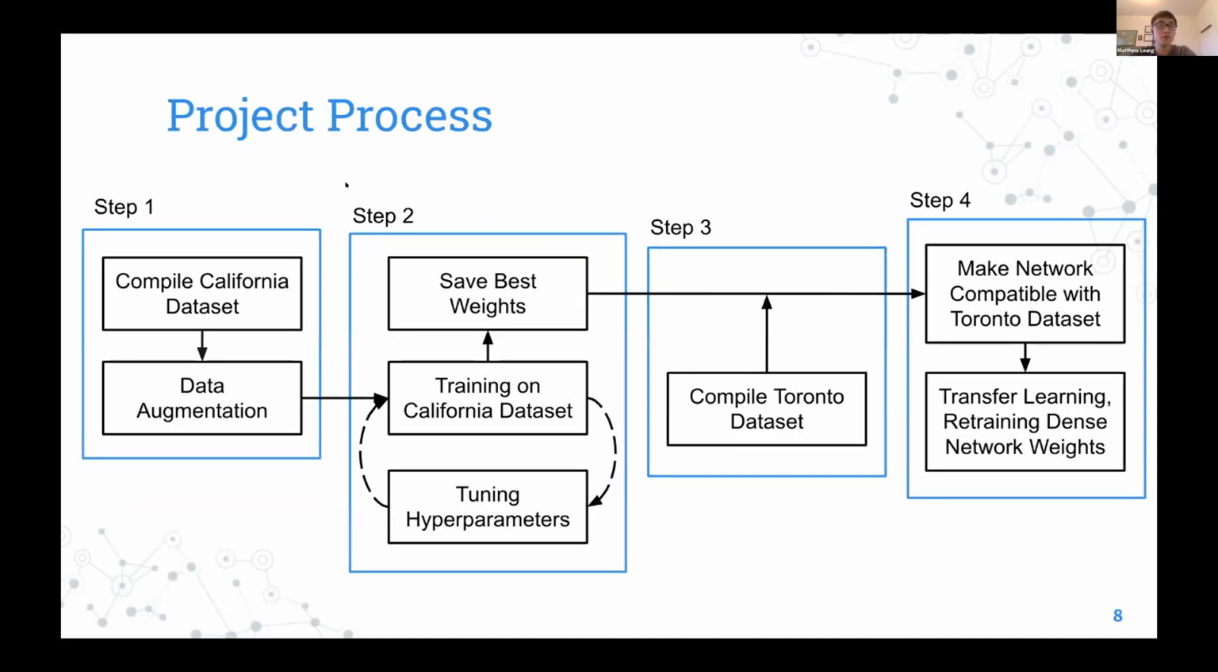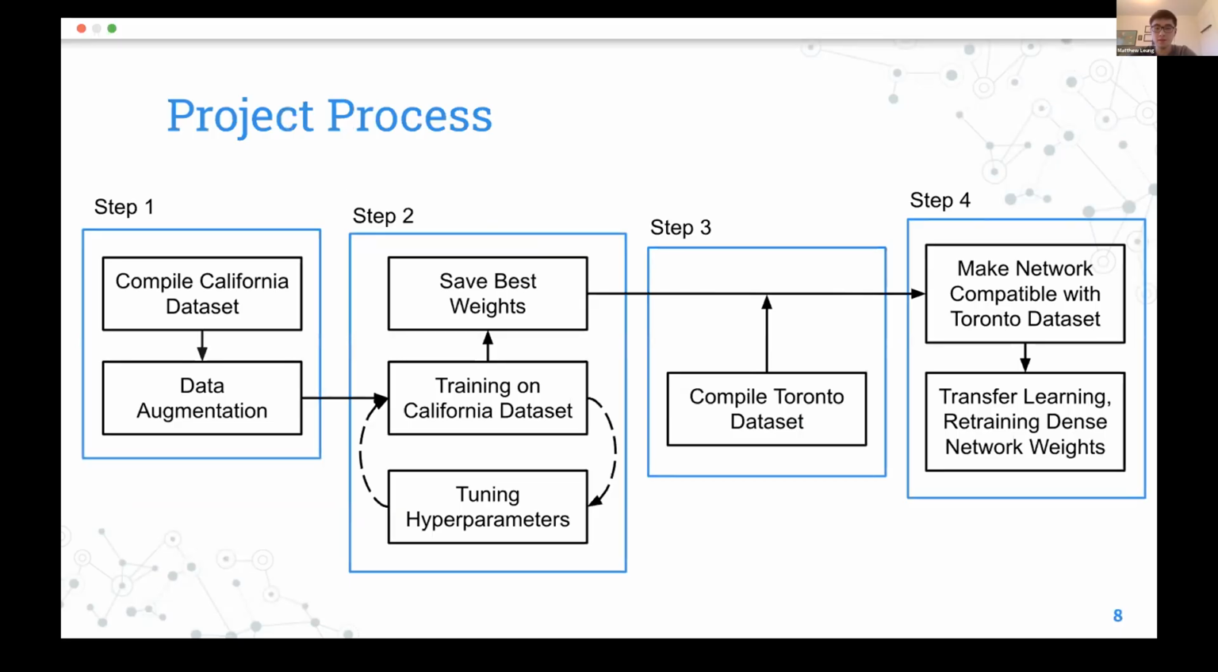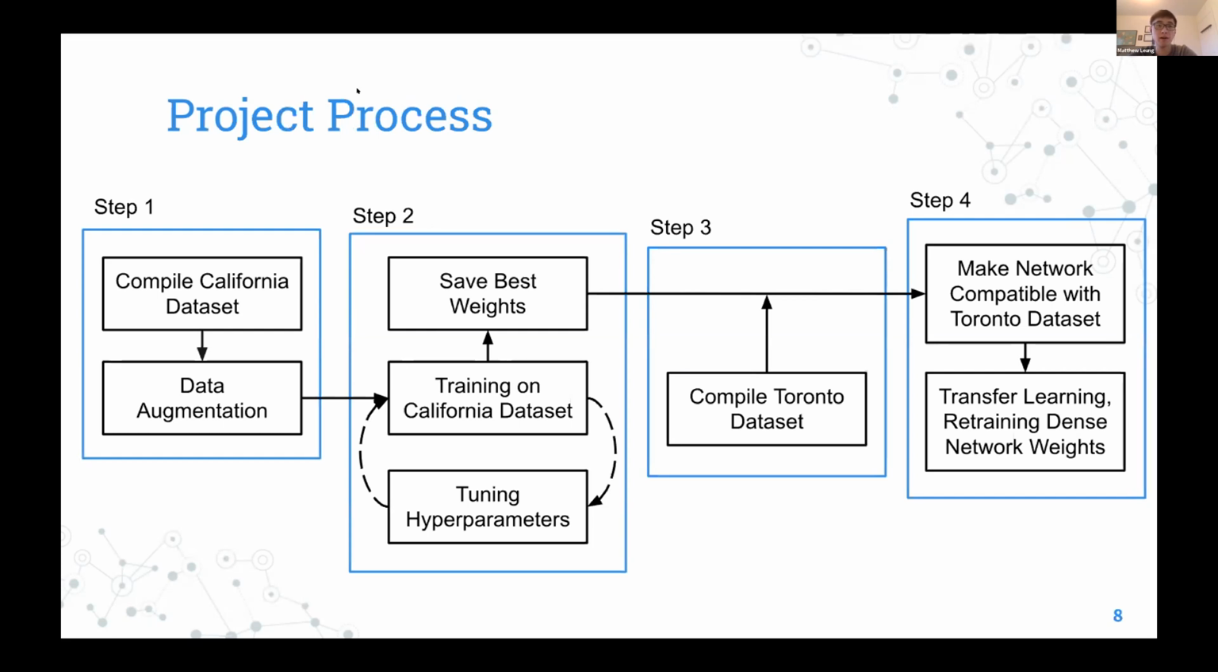So here's a chronological overview of how we actually created RealValue. In the first step, we compiled the California dataset and applied data augmentation, as Sapir and Charles mentioned. And then in the second step, we trained our model on the California dataset and experimented with different combinations of hyperparameters, models, and architectures. And the best weights for the best performing model, which was the one that Alex mentioned,